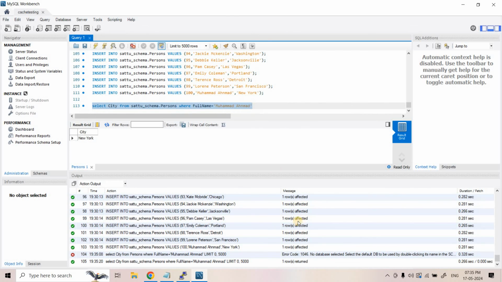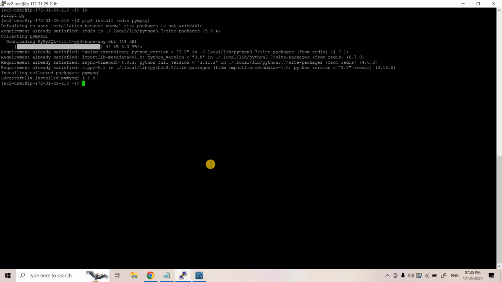So here it is fetching the information. You have seen it took some time and it is returning the result New York, because for this name the city is New York. So suppose this query I want to execute. So here what we have to do, python3 script.py, and here we need to pass the query what we want to execute. So here we can put it inside double quotation,